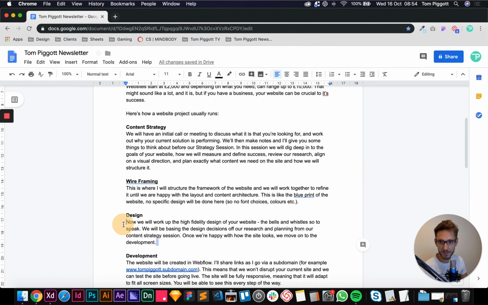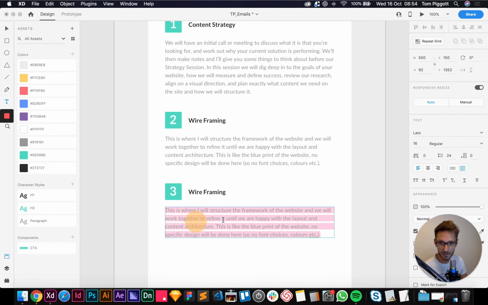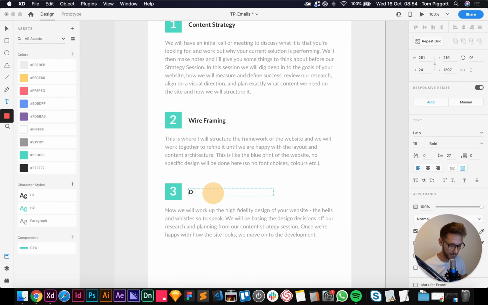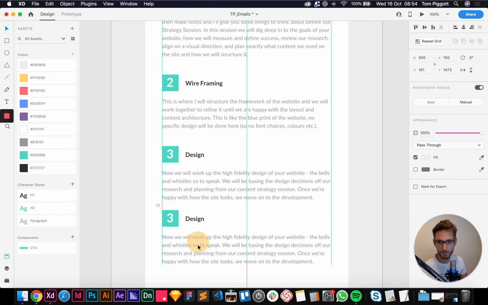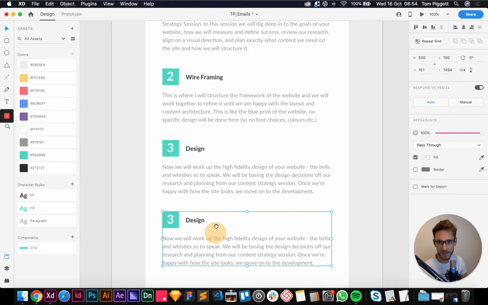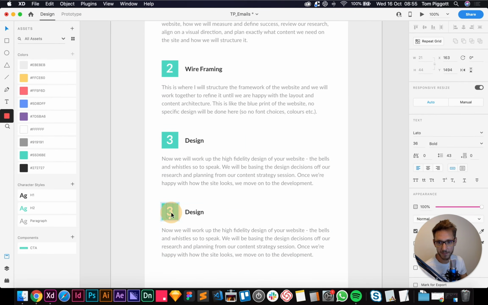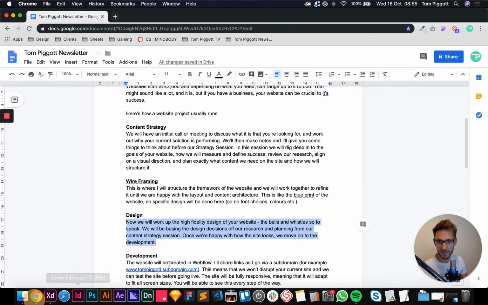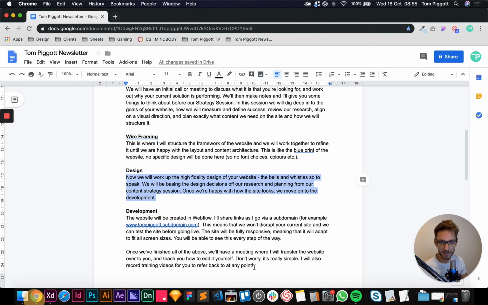Design, we're going to design some stuff, obviously. This little yellow pointer thing is really getting on my nerves. Okay, paste in the text there. This is design. And then number 4. Drag it down and it'll snap. Double click, double click, double click, double click. 4. And number 4 is probably development. There we go, that makes sense. Actually, let's just take this.